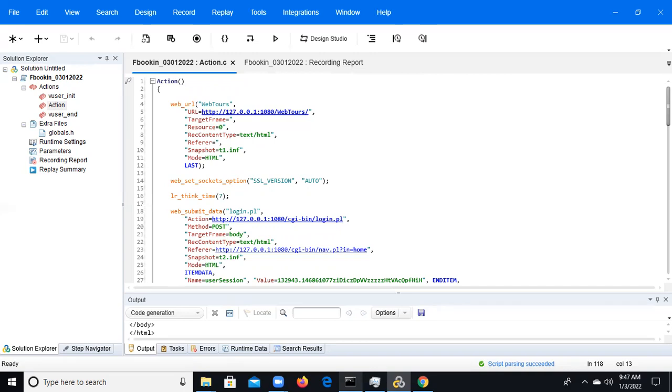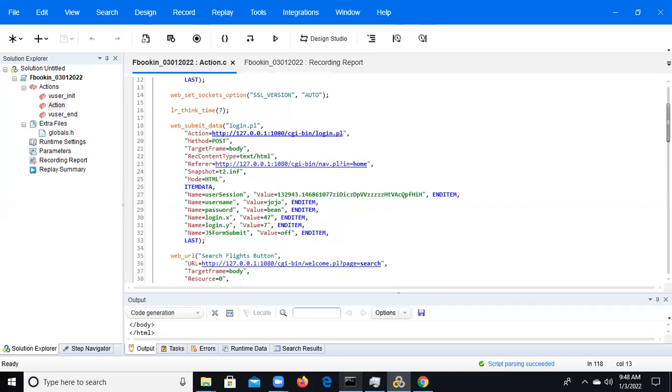Does anyone know which values we entered through the keyboard? Login password. Yes, that is one thing. Login and password we entered through the keyboard, so we can parameterize the username and password.